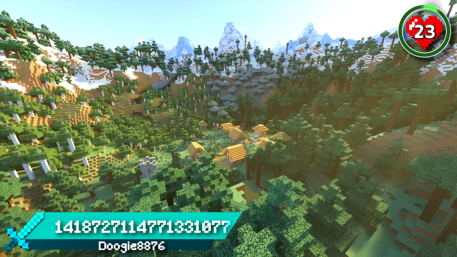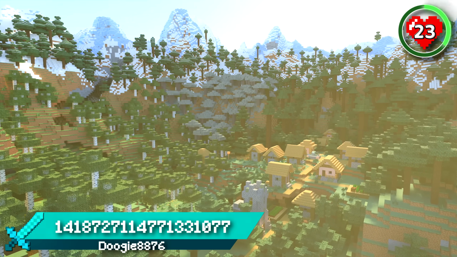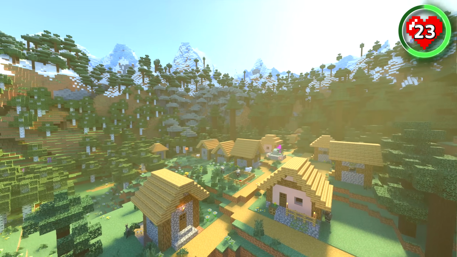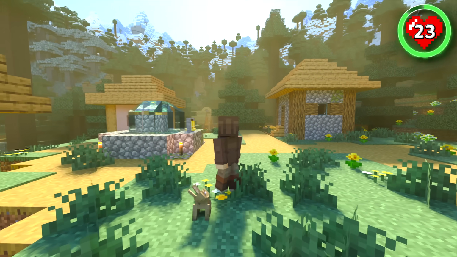This seed spawns you right next to a village in the middle of a bunch of different forests, with a frozen peak mountain range almost completely surrounding it too. With birch, spruce and even pale oak, you'll have a super peaceful village with access to loads of different resources